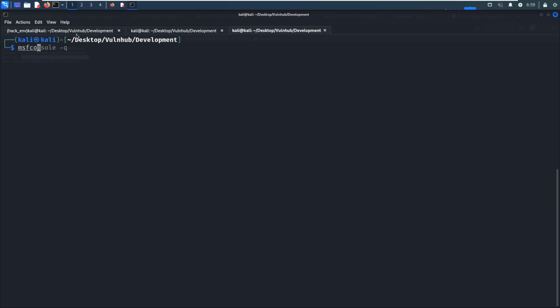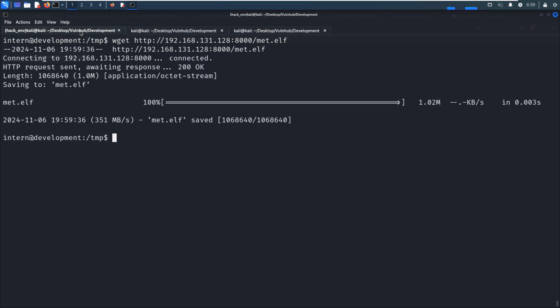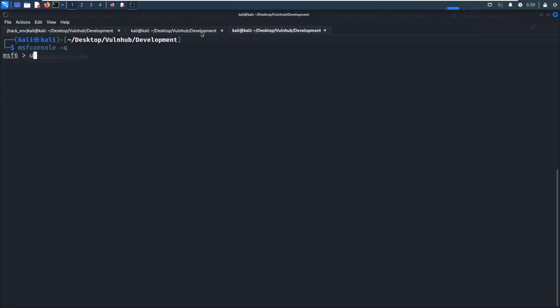Of course, we can launch the Metasploit console. In the meantime, we can upload this payload to the target. And next, of course, we need to make it executable, and then we can run it. And we can use exploit multi-handler.